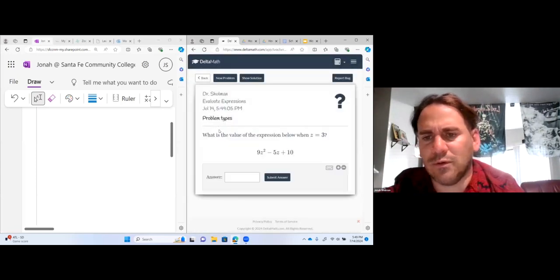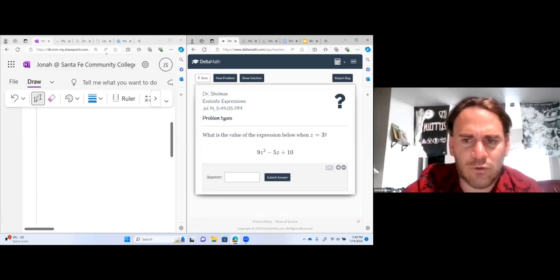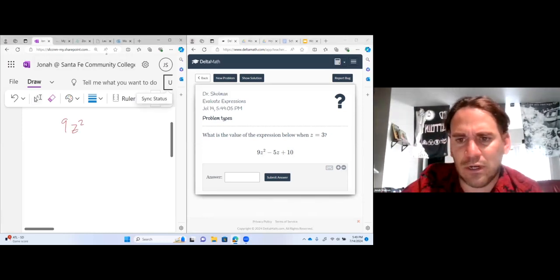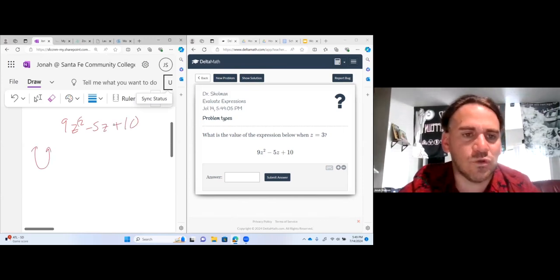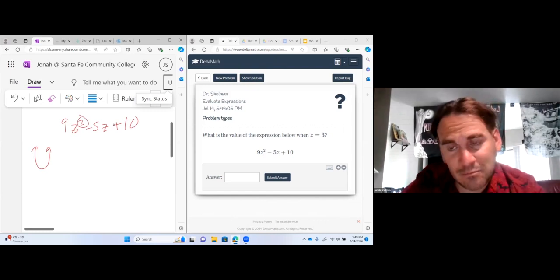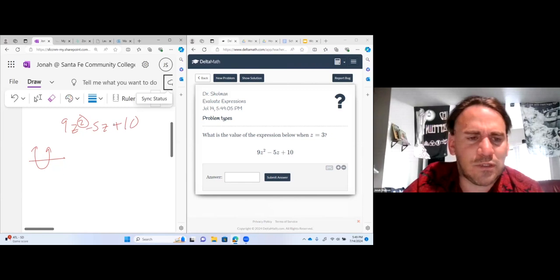All right, so let's evaluate some expressions. Here's a simple one. Evaluate 9z squared minus 5z plus 10. This is a happy parabola. It's positive, which means we have 2 roots. They can be the same, they could be imaginary, but we know it should hit twice. But they just want to plug in the 3. They want to know when x is 3,